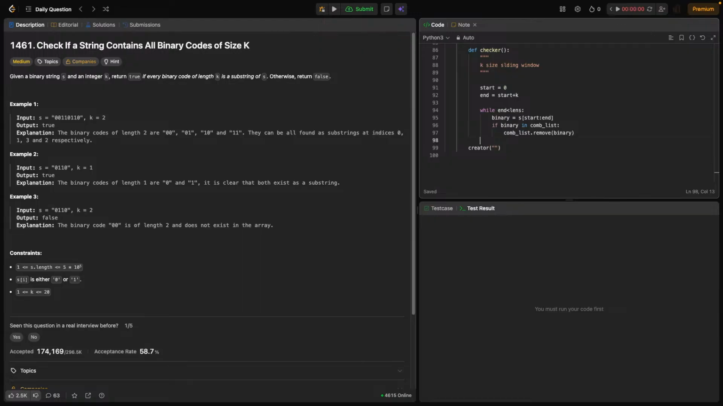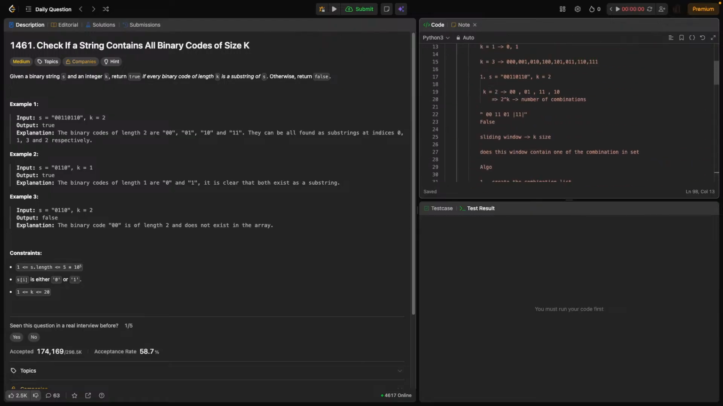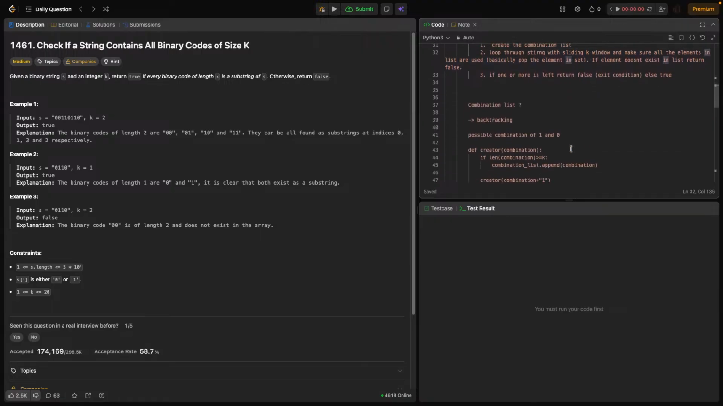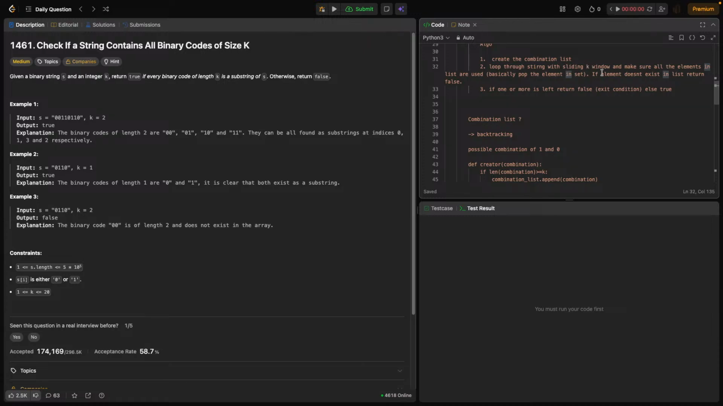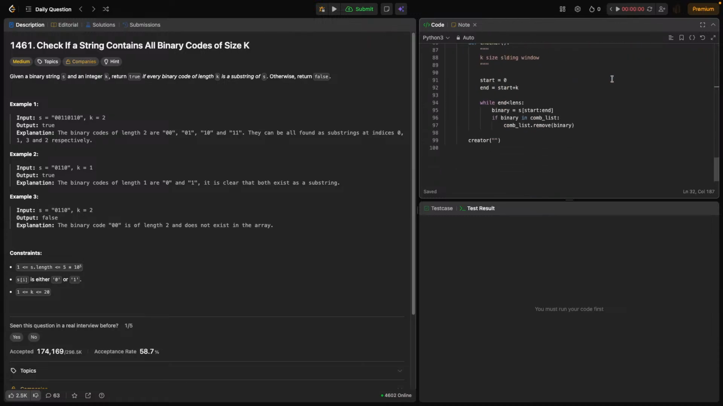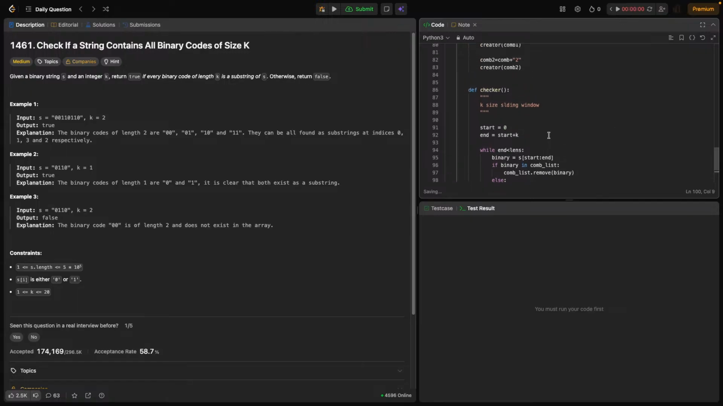Now what else was the logic for? Let's go back up and check the logic that we created. Okay, loop with string, make sure all the elements in the list are used. If an element doesn't exist in this, return false, right? Okay, so that's our return condition. So put else and return false, right? Once everything is done,